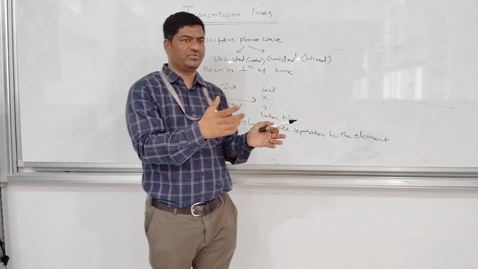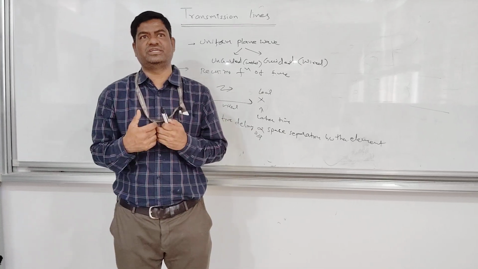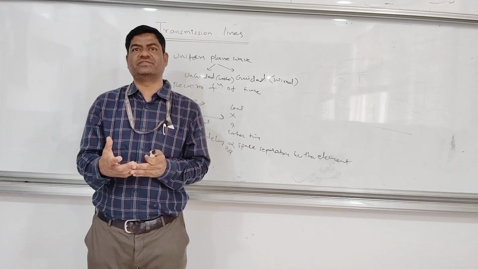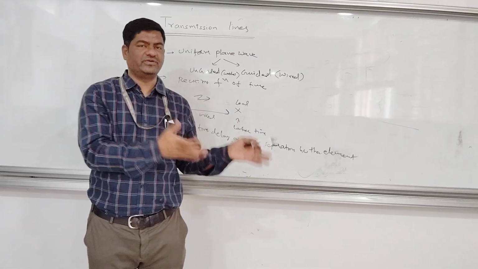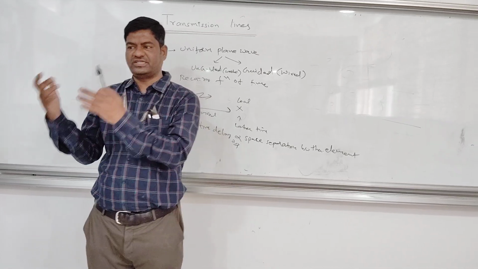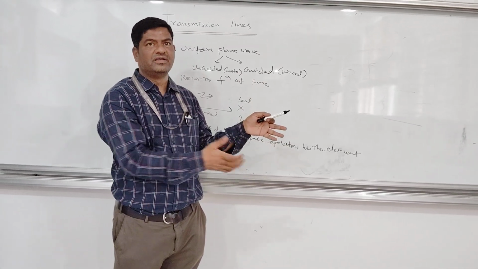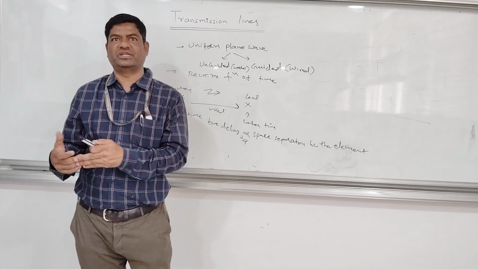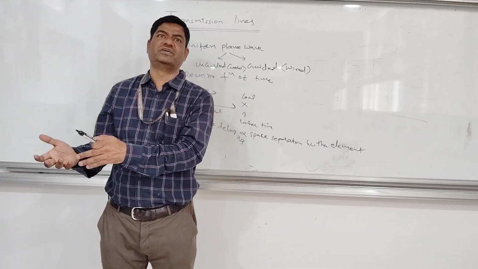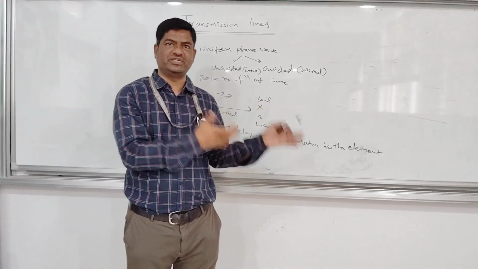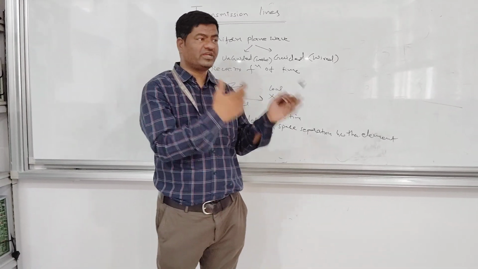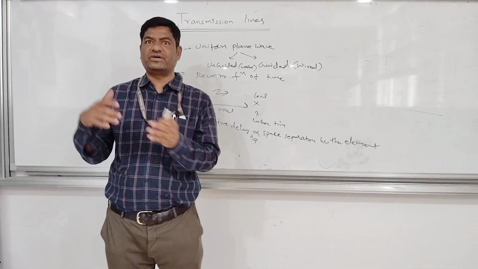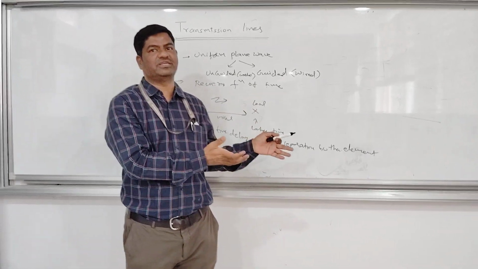But coming to the example of unguided signals, if I want to receive an FM signal, you will receive it on an FM radio. If I want to receive AM radio signals, you will receive AM signals. If I want to receive the TV signal, you place a parabolic antenna, and the signal coming to the parabolic antenna will be received. Likewise with mobile: if I switch on my mobile and insert the SIM card, I receive mobile signals, GPS signals. These signals are available in free space, and according to the requirement, we place antennas and receive them.